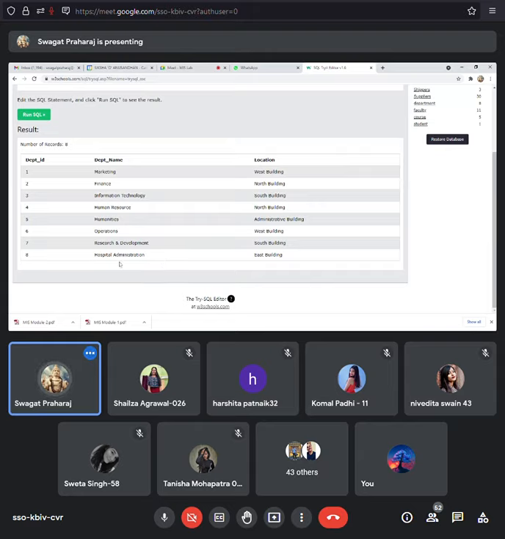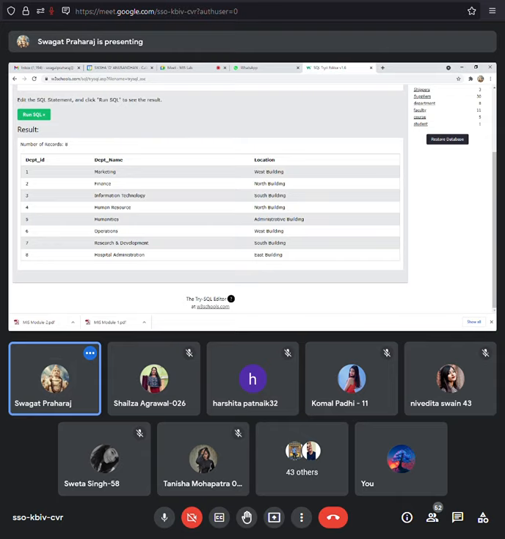Now you will say, sir, what is the use of this table? Why is it required? Let us say, for example, the person who owns this college wants to know which departments are in the north building. Because there is only a small number of departments, we can just look here and find out. But there is a way to know that. Maybe he wants to make some changes to the north building, or demolish it, so he wants to transfer those departments from the north building to others.